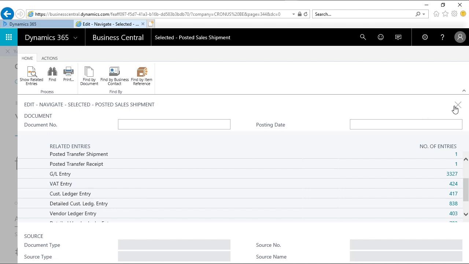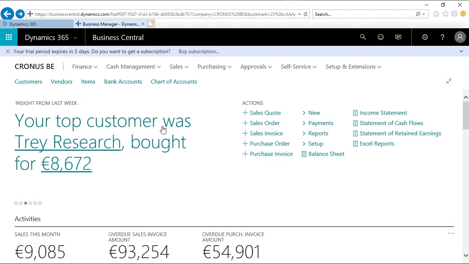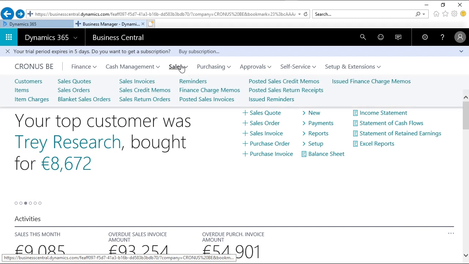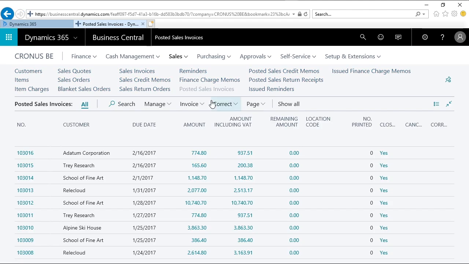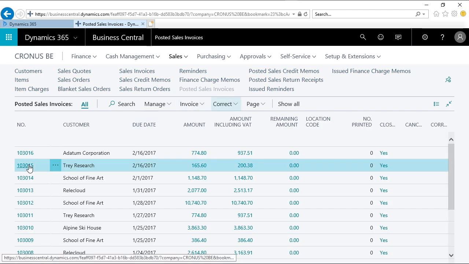Now imagine I would be looking for a certain specific document. So imagine I will go to Sales and I will go to my posted invoices. So the posted sales invoices are right here. And what I will do is I will have a look at the numbers I already have in here. So here we have a posted sales invoice for Tray Research,